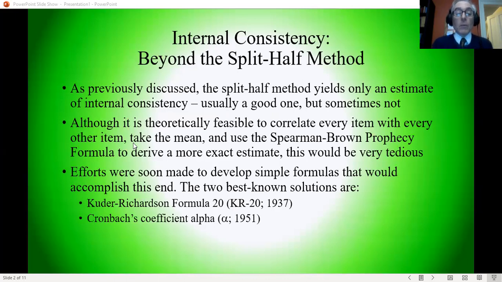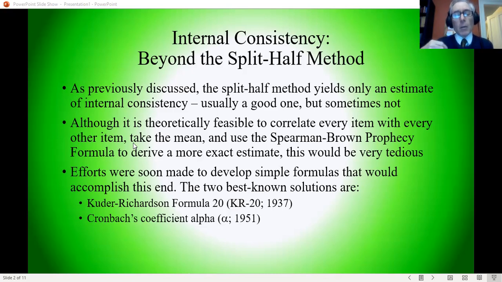Okay, so this is a step beyond the split half method, which we covered in an earlier presentation. As you should know by now, the split half method gives us an estimate of the internal consistency of a test. Generally speaking, it works pretty well, but because we're only dividing the test crudely into two halves in a relatively arbitrary fashion, we can't be sure that the split we did really captures the internal consistency of the